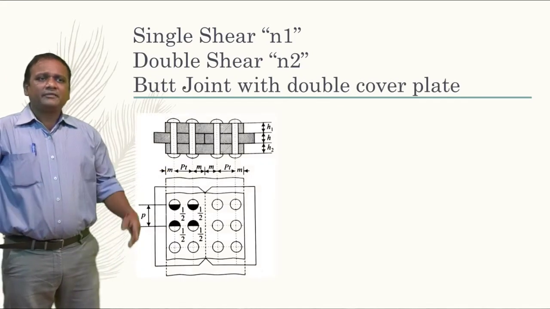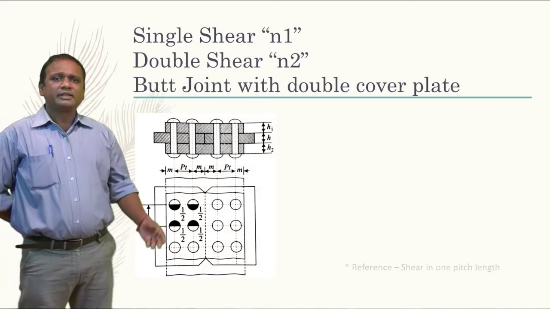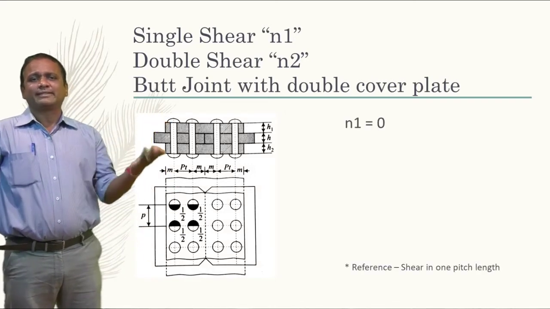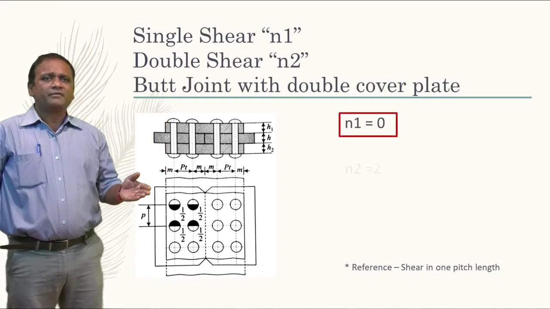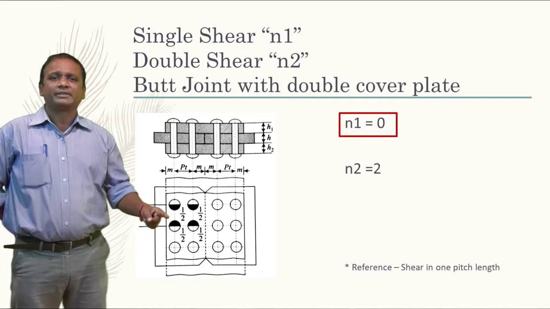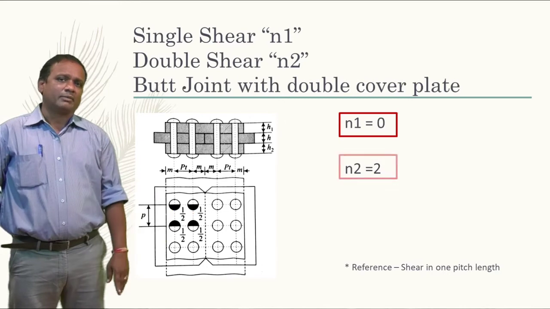Similarly, if I had this sort of arrangement, with two rivets in a row, you can easily conclude right now what N1 would be. Surely from the front view you can see that there won't be any single shear, and from the front view you can conclude that the double shear would be two rivets, half and half of this rivet and half and half. So together two rivets will undergo a double shear.